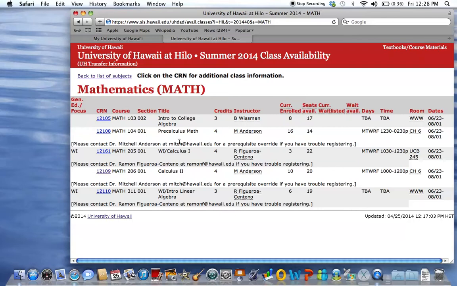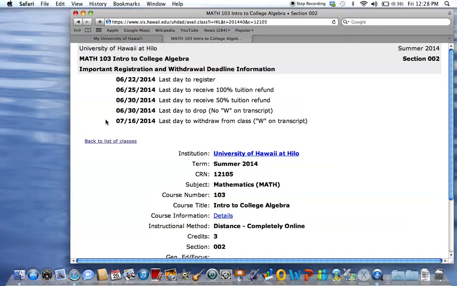If you want to look at the details for a class to make sure that you understand what you're getting into, you can click on the CRN. The CRN is important because that's what you use to register for classes. So if you click on the CRN and you go to details,